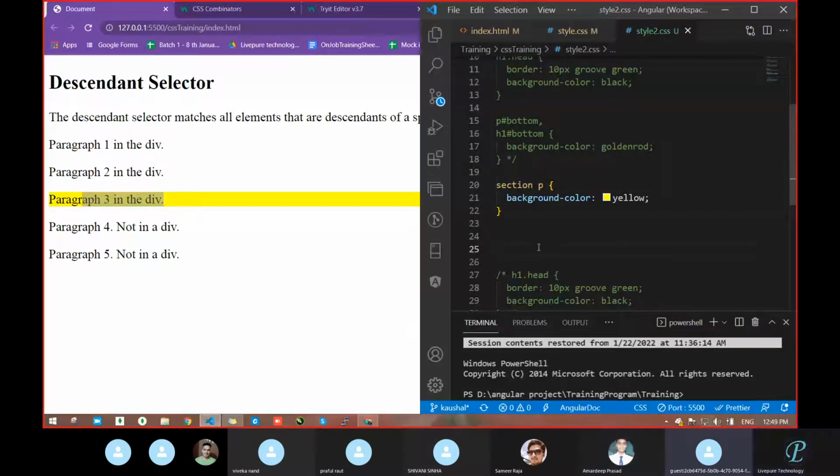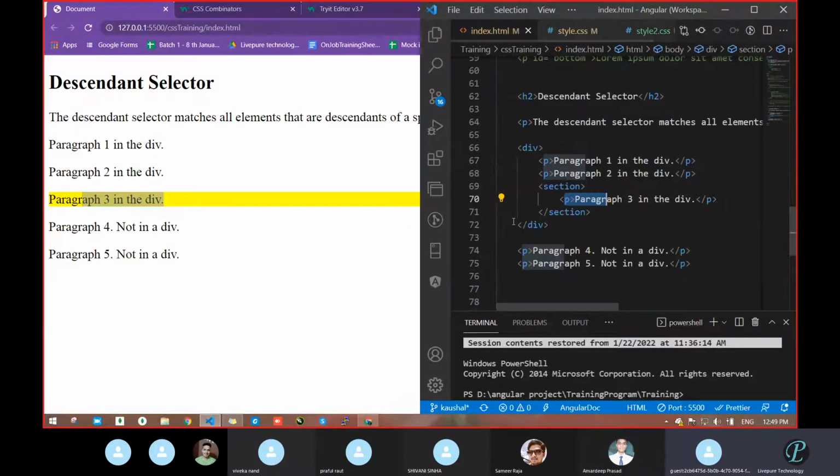It worked. Because now see what it's searching. Go through the code. What is it searching now? It's searching for section. Correct? It will search in HTML for section, and then in section, what will it search? It will search for the P. So first it searches for section, then it searches for P. It worked because it found that there. Correct or not? It's all about parent-child relation. If any other section is outside this div, then that section also will be yellow. But if I want to make only this section, then I will write div section and P.